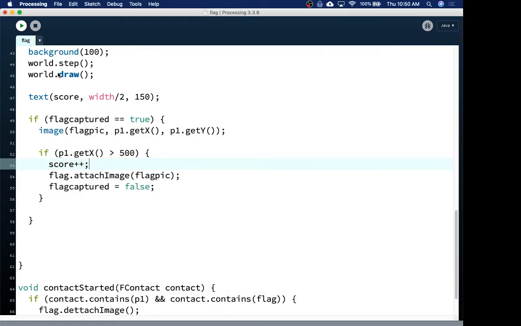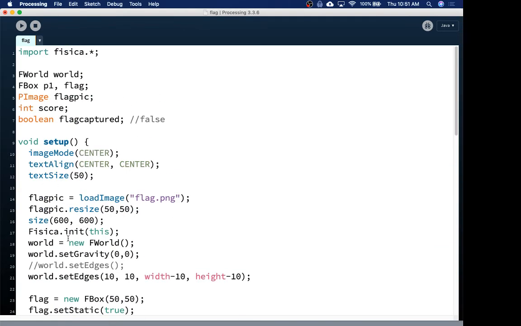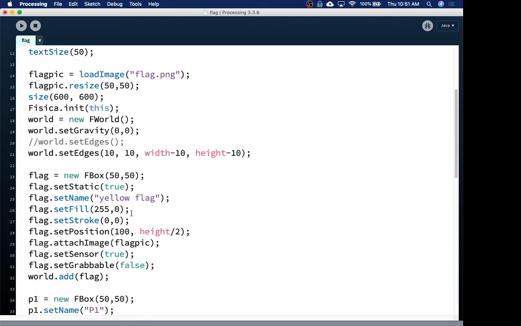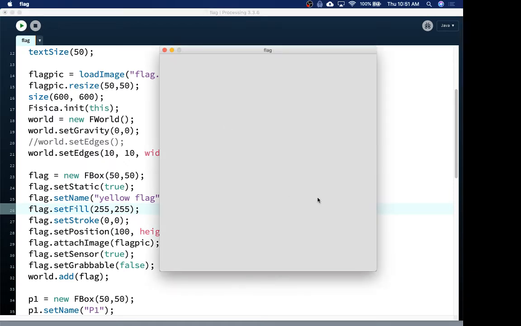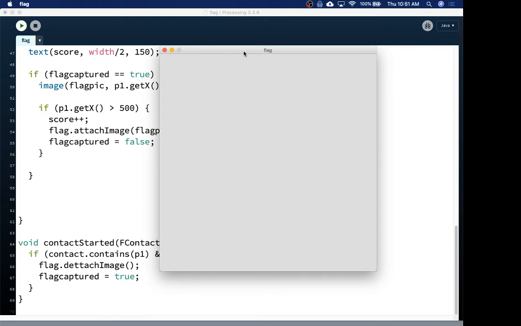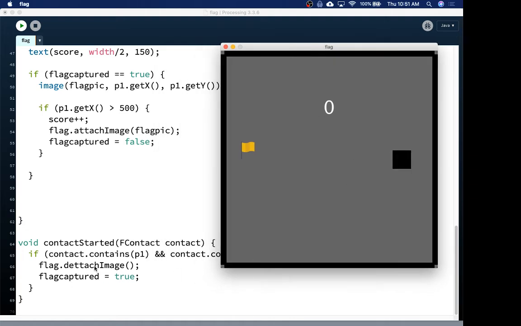Just to make that really clear what's happening, I'm going to make it so that the flag F body is not invisible. I'm going to make it a white box. So watch what happens. And I'll scroll back. We're going to detach the image from the flag and turn on the flag captured variable. So see how it's now lost the picture? And it's now like a white